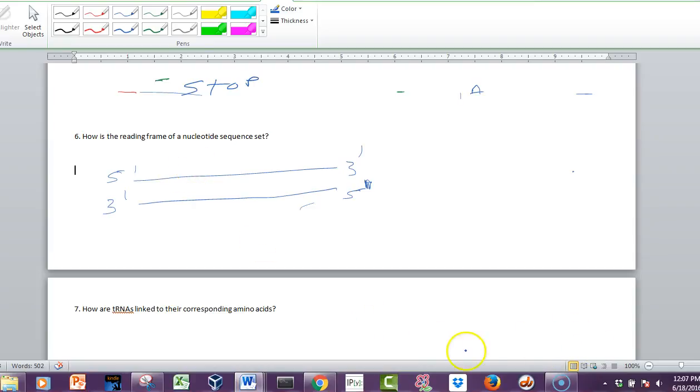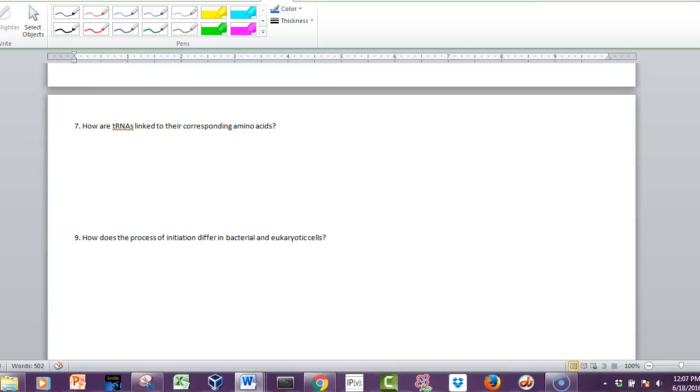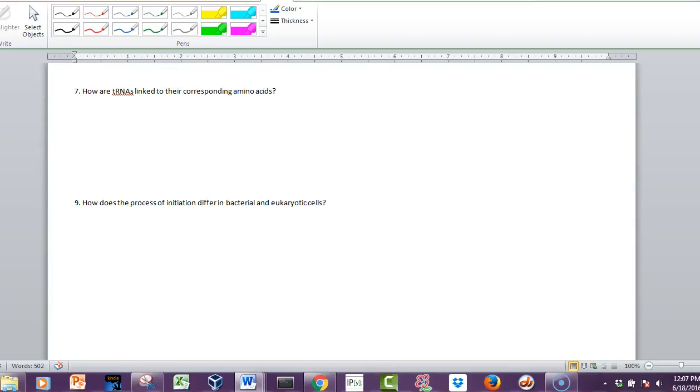So the start codon will set up, and if there's multiple start codons, then there's like a whole process of figuring that out, and that's actually where this idea of gene annotation comes in. When you get a sequence and you don't know where the gene is, you have to figure out which ATG to use. We call that annotation, because you're actually going in and investigating it and figuring out what the best open reading frame to use is.